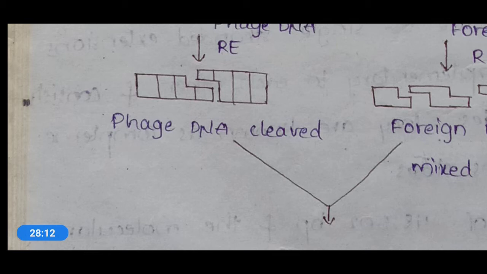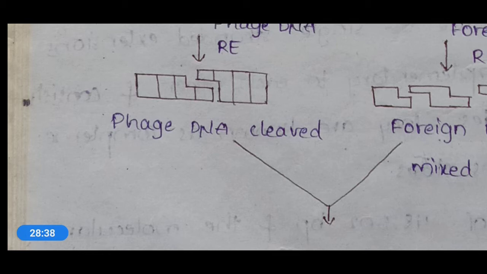Okay, that means it is not a blunt end, it is a cohesive end. Cohesive ends are single stranded extensions. Though that particular DNA is a double stranded one, the end of that particular duplex DNA is single stranded. We call that particular type of